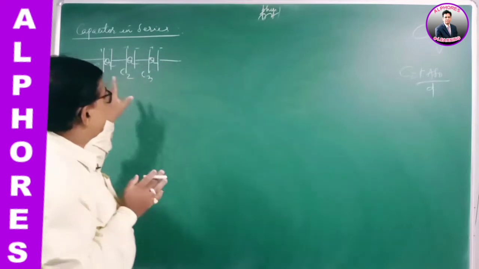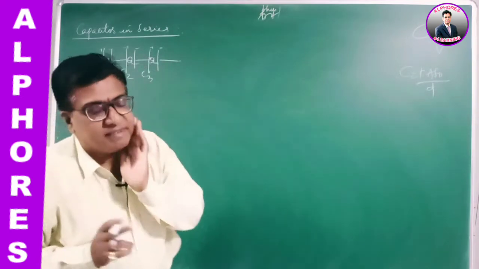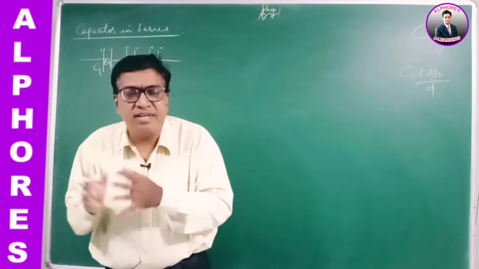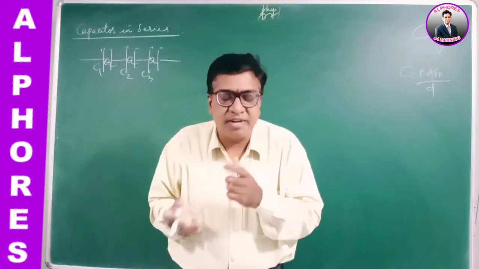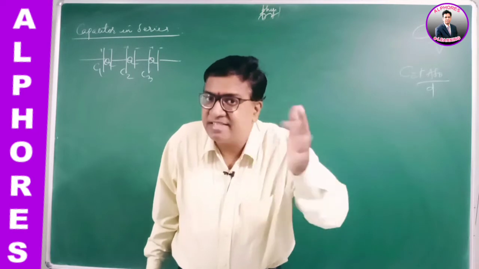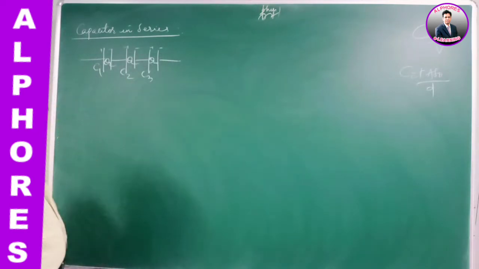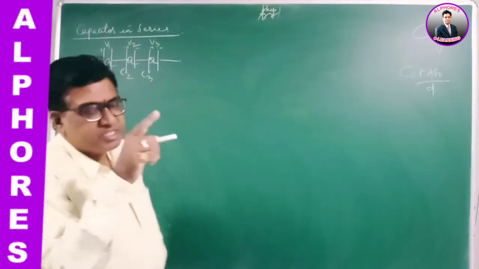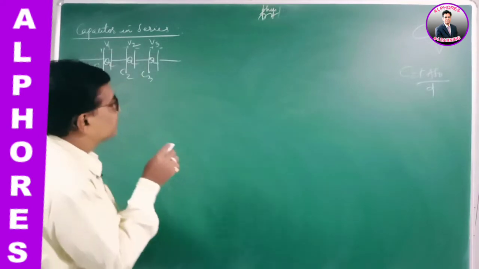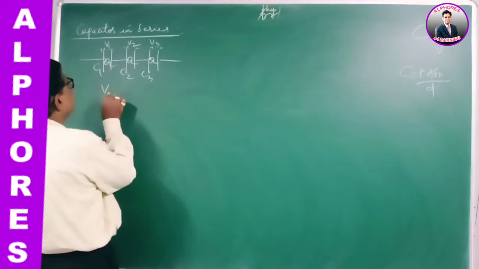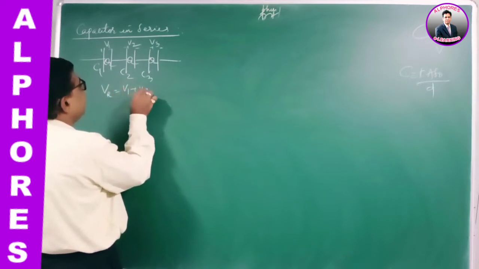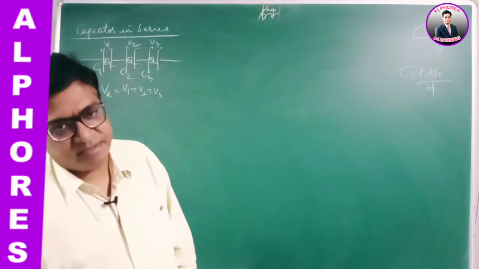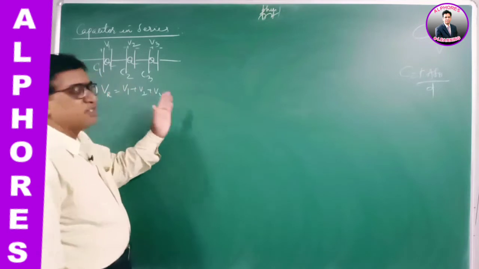Similarly, for the same charge, different capacitors: one is less, the other one is big. A capacitor is something analogous to holding volume, the capacity. So for the same amount of charge, the levels are different, hence the potentials are different. They possess different potentials V1, V2 and V3. But always remember, in series combination, the total potential is the algebraic sum of the individual potentials, so V1 plus V2 plus V3.